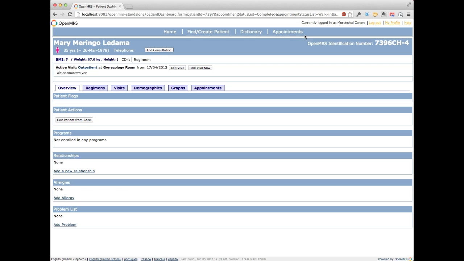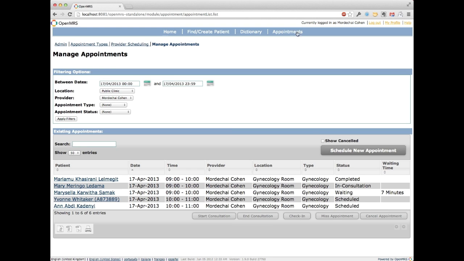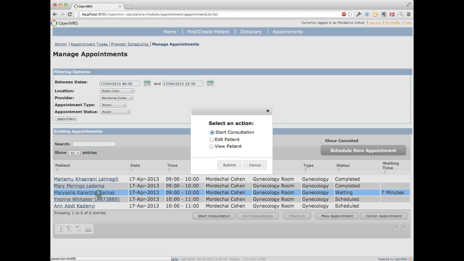So we've been recommending that our providers simply click back to their patient dashboard here. So they click here, appointments, and back to patient dashboard, and then select the consultation, end it, and then they can call in the next patient in their list. The other way that the doctors can start the consultation is by selecting the patient's name, and if they're ready to have a consultation start, it'll give them the option to start the consultation from here, and they can click